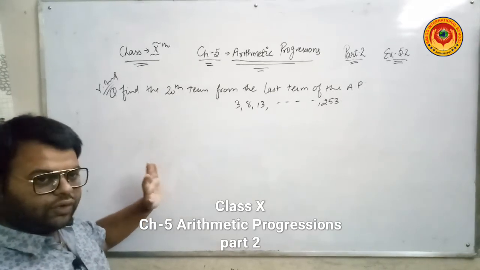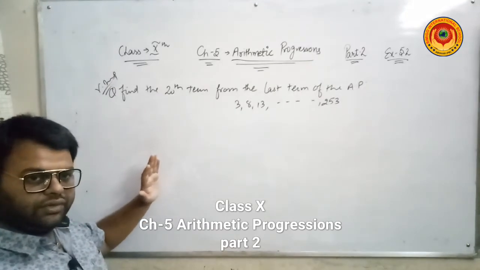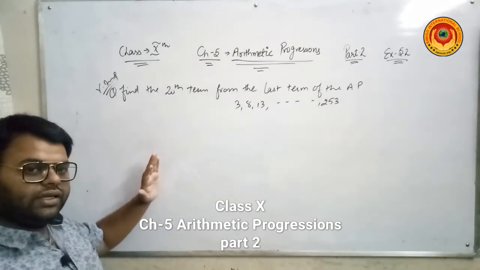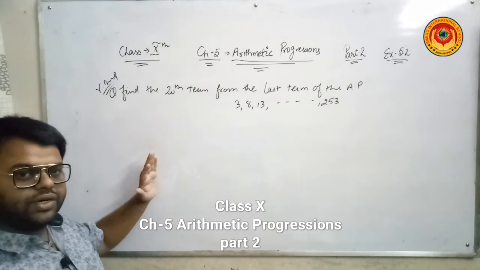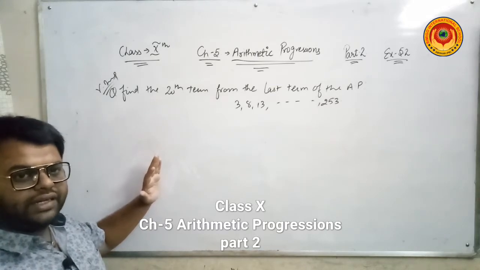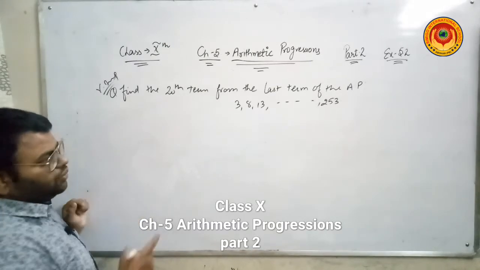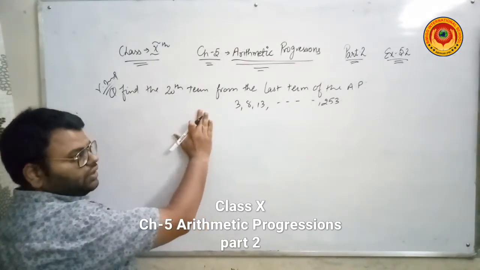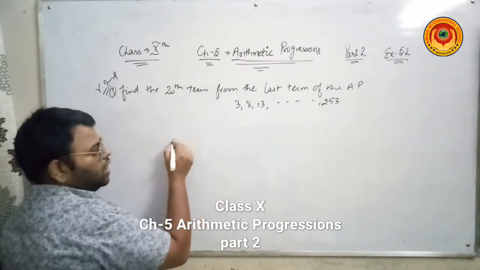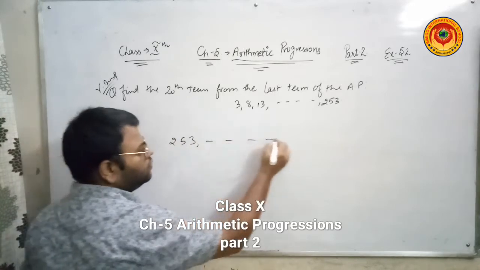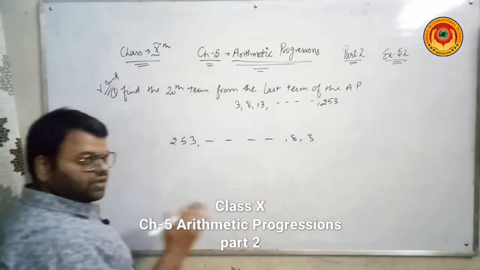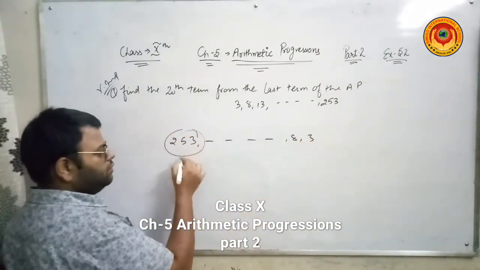Okay. So now the first 20th and last 20th are different. It is possible that both are the same only if the students are equal from the starting and the end. Now if you have such a kind of question, then just reverse the sequence. How can you write it? Write the last term first and the first one at the last. Just reverse the sequence. Now what's your first term?